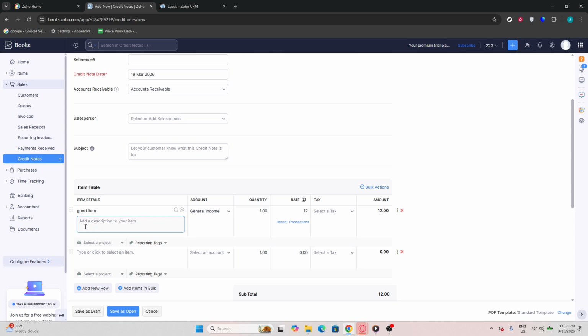Following this, choose the specific item you want to include in the credit note. Click on the item from the list provided. This action adds the selected item to the credit note, ensuring clarity on what is being credited back to the